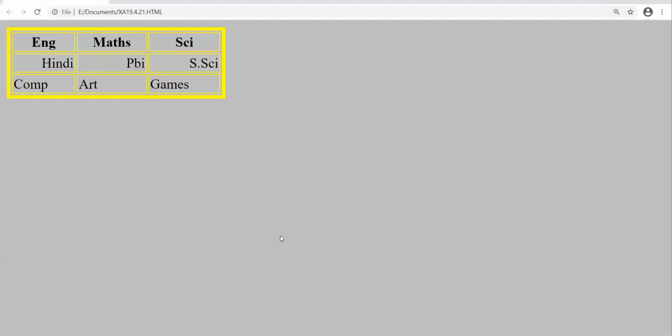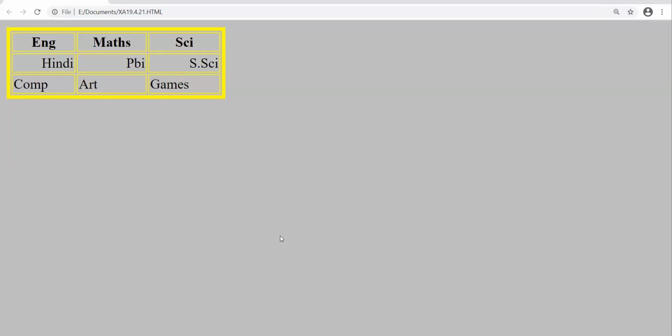Now see, by default, automatically the header row is centrally aligned. By default, header row is in bold form. You can compare the appearance of the rest of the cells and appearance of the header row. It is appearing so bold, so dark, right?